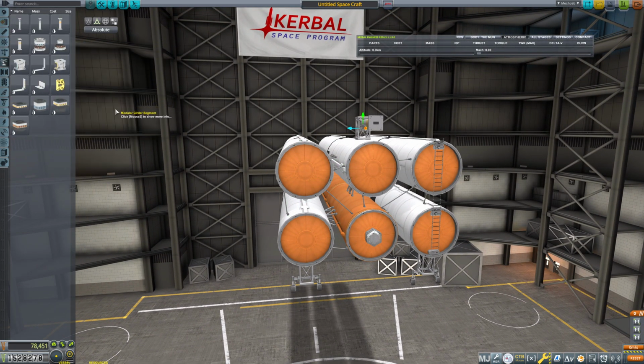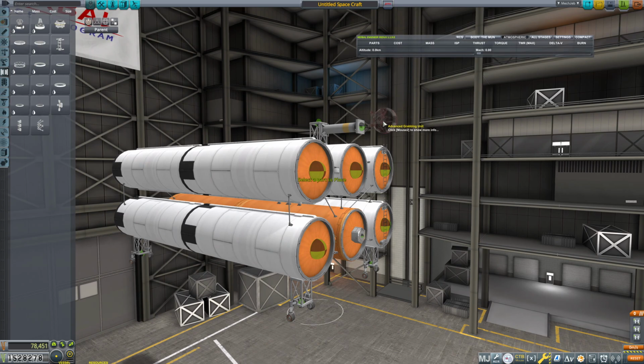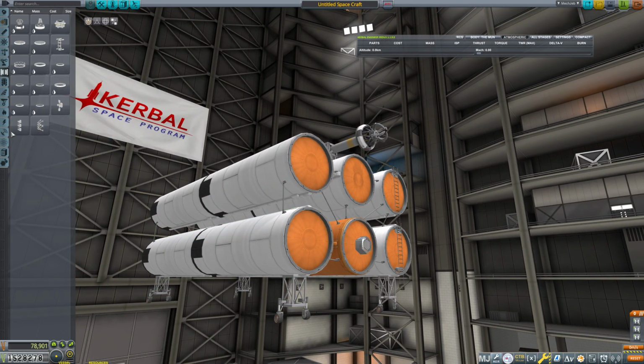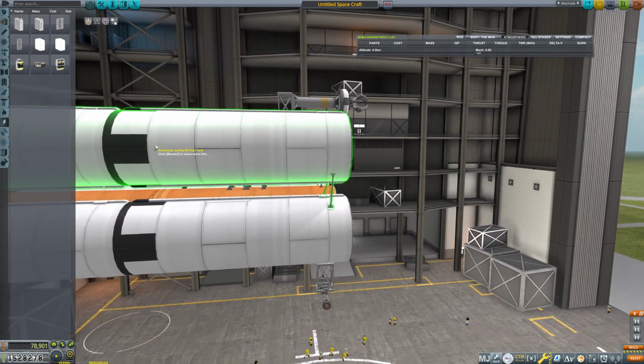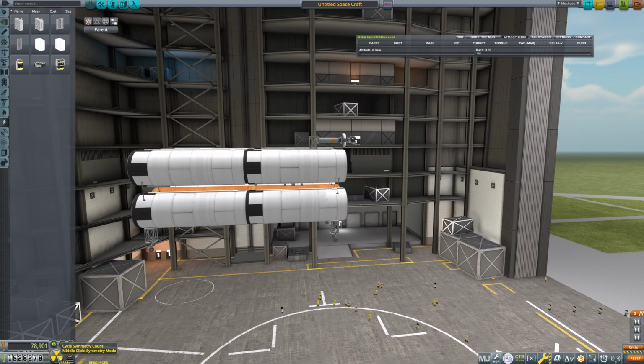And then we would grab our coupling. We would grab our advanced grabbing unit and rotate it correctly. And it would go on something like this. Now we do need some form of power generation on this monstrosity. And we're going to...